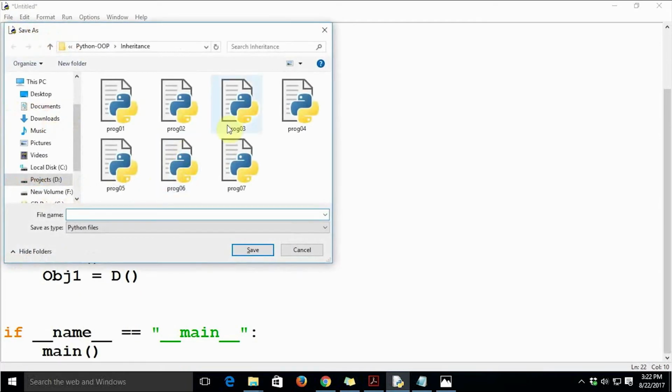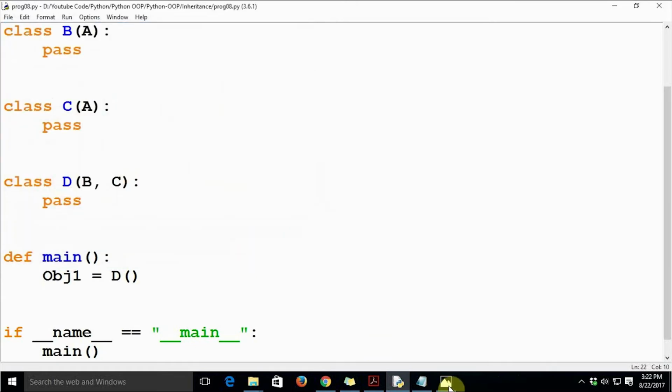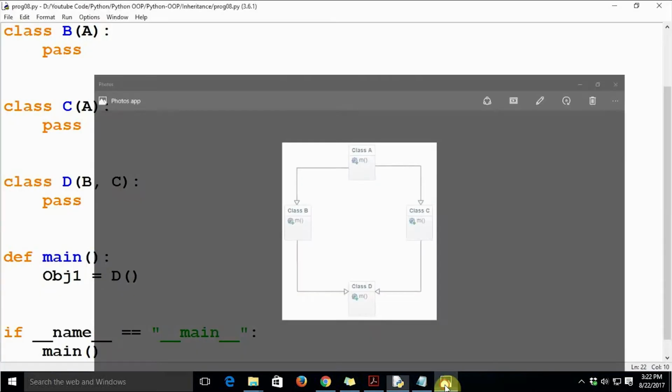This is a very simple code for hybrid inheritance. It exactly represents the class structure presented in this diagram.